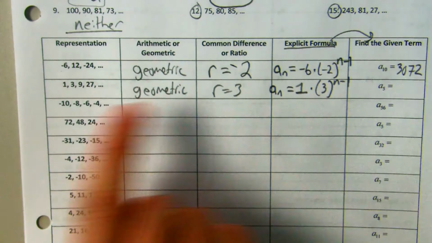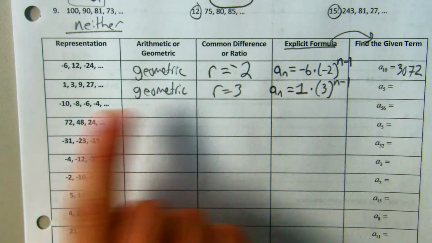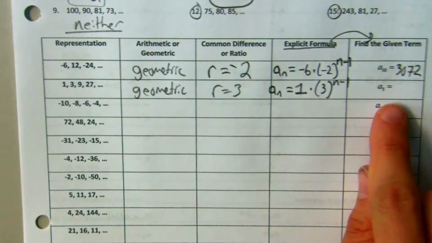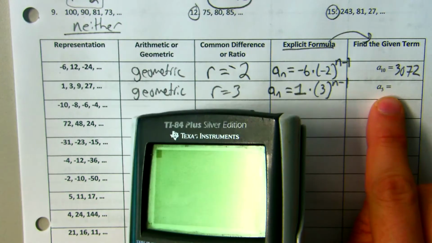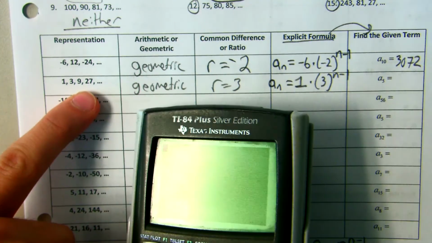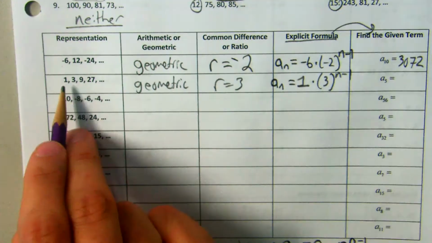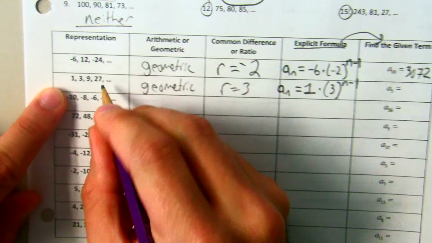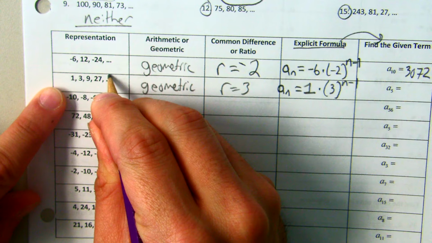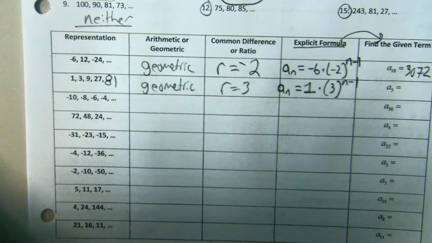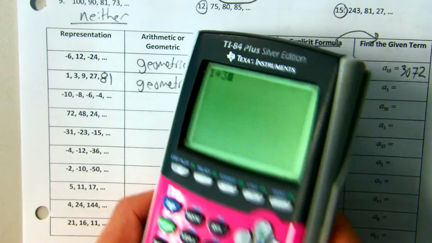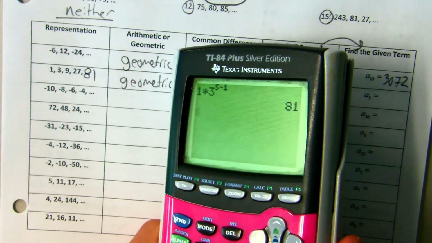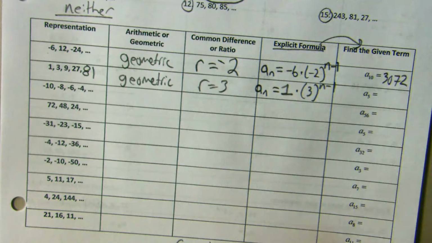Again, you can plug in 1 for n and see that it gives you 1. And you can plug in 2 for n and see that it gives you 3. I'm not going to do that this time. I did that last question. But if you want to know the fifth term, if really that's your only goal, then I guess it probably makes sense to not even do the formula, right? Times 3 times 3 times 3. That's the next one's supposed to be. But it's also good for you to see that the formula gives us the same thing. Putting in 5 for n also gives us